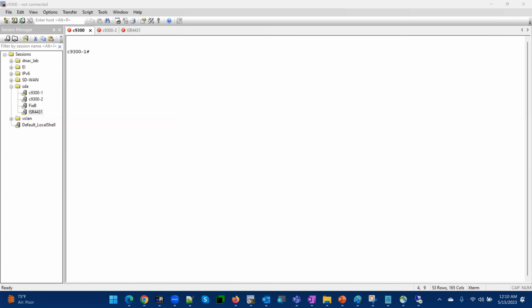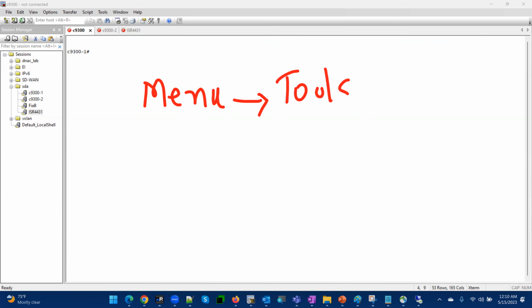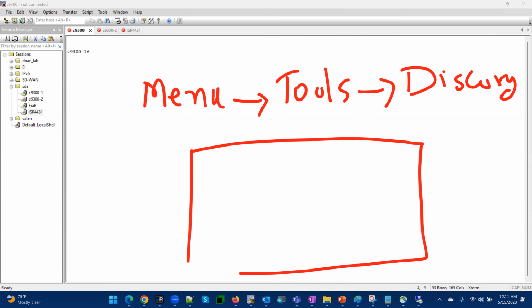So what is the workflow for this? You have to go to the menu. From menu, you go to the tools. From the tool section, you click the discovery. Once you're inside the discovery page, you have to give a name for the discovery. Once you give the name, it will ask what your IP address is or whether it's CDP or LLDP, meaning how you want to